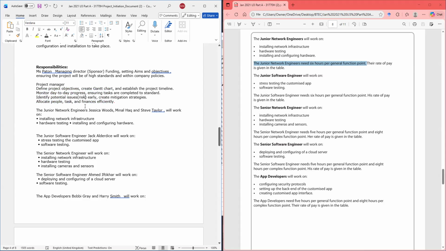And then for the rest of the crew, all we have to do is just come to the set task brief and just copy and paste again. Junior software engineer will, and we just copy it right here and we paste it over on this section, and we do it for all of them. All right.